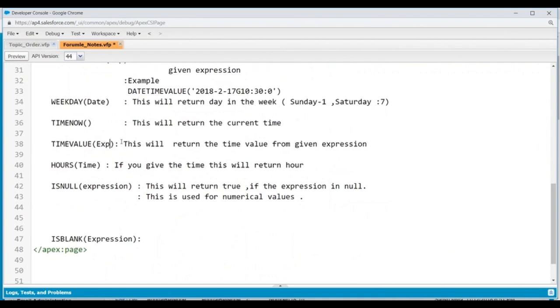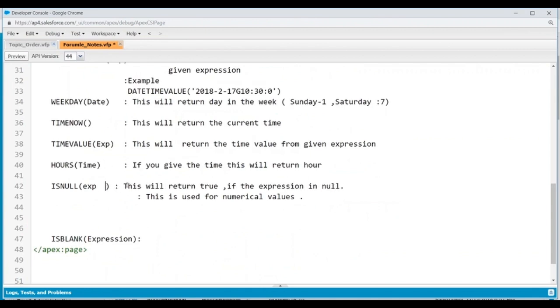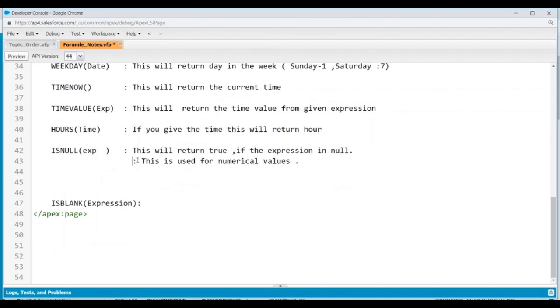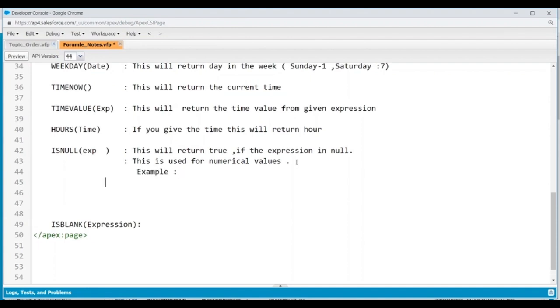Now it is used for what? Numerical values. You want to check whether a numerical value is entered or not. Example. Is null of, if the value of salary is